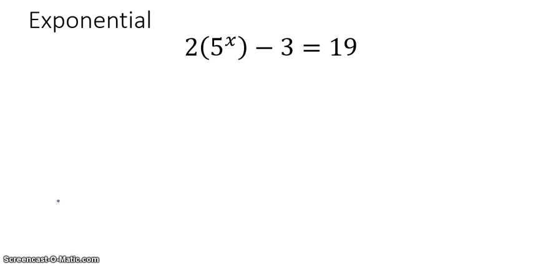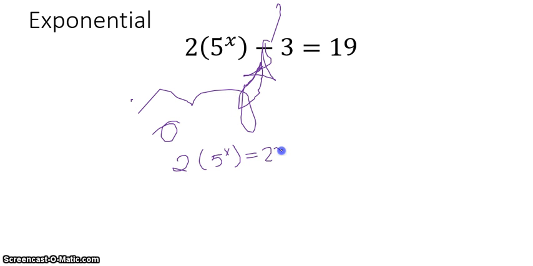Alright, for exponential, my process: I'm going to get the exponential by itself, and then I want to take the log of both sides, or put it in logarithmic form. So to get this exponential by itself, I need to add the 3 to both sides. Equals 22. Get rid of the 2, so I have 5 to the x equals 11. Now that all that's on the left side is the exponential,